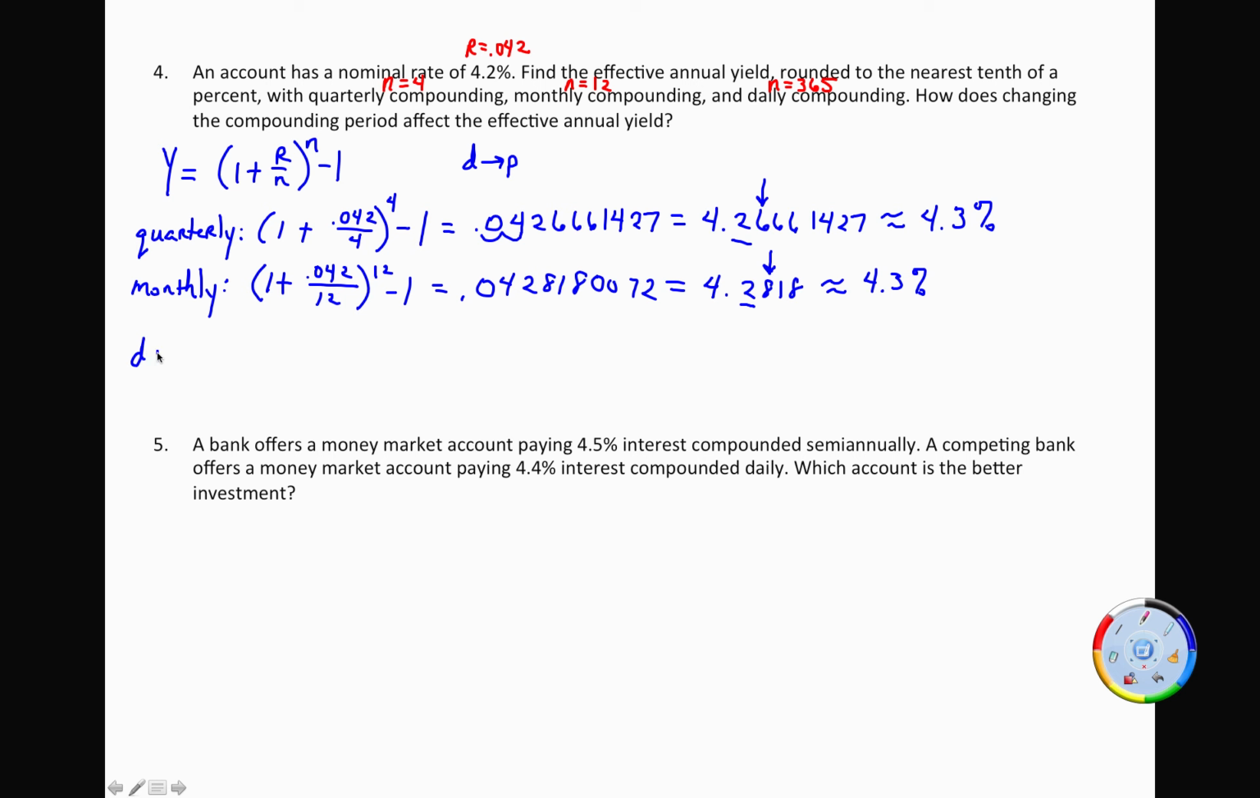Now we want to do daily. Okay, daily is exactly the same, except I changed the 12 to 365, the number of days in a year. Same thing, I can hit second enter on my calculator and just go in and change the 12 to 365. And don't forget to do it in every place there is a 12. Okay, and we get 0.0428919589, which is,